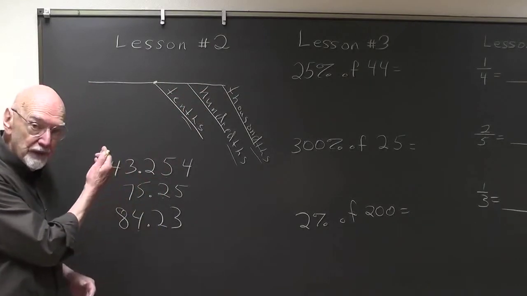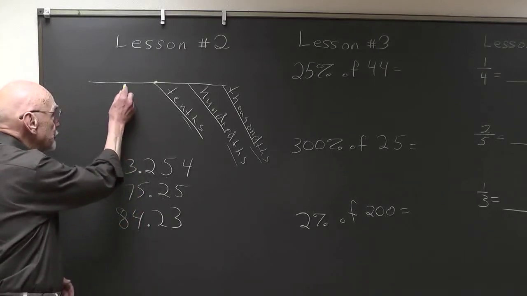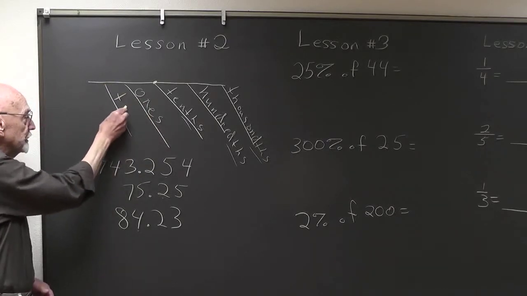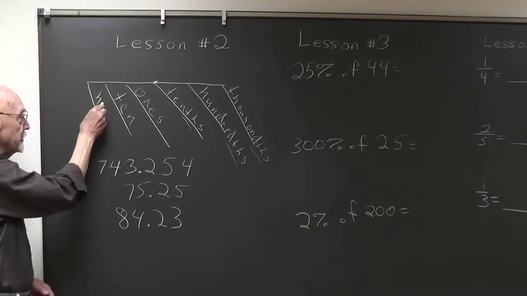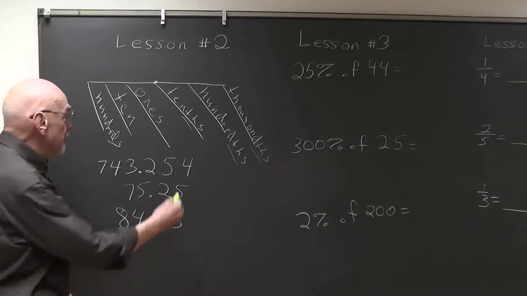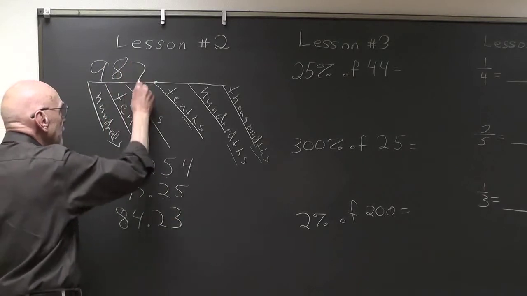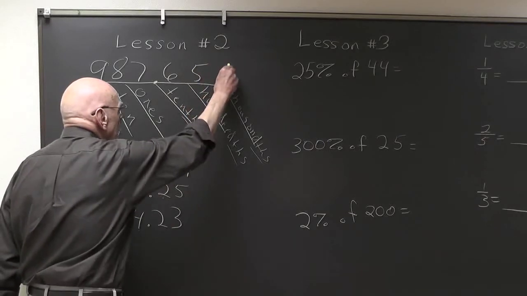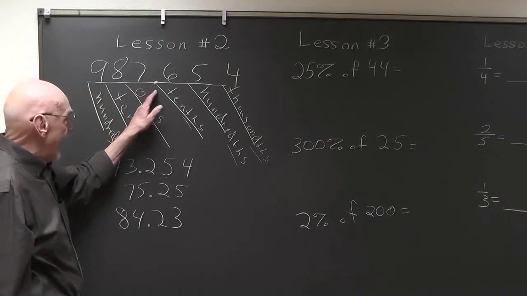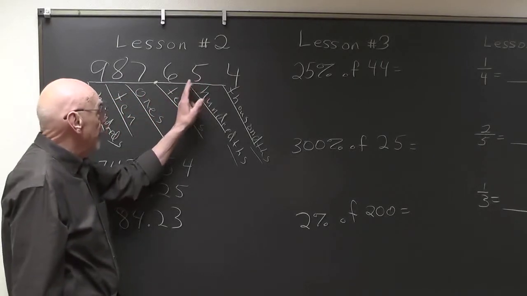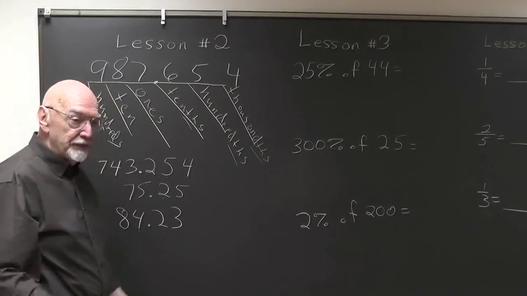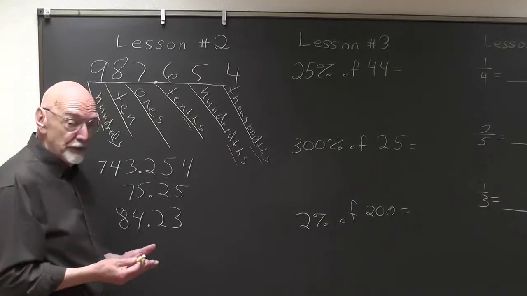Coming to the left of the decimal point are the ones. Then the tens. Then the hundreds. So let's put numbers up here. This would be read 987 and 654 thousandths. And if the directions tell you round off to the nearest hundredth,